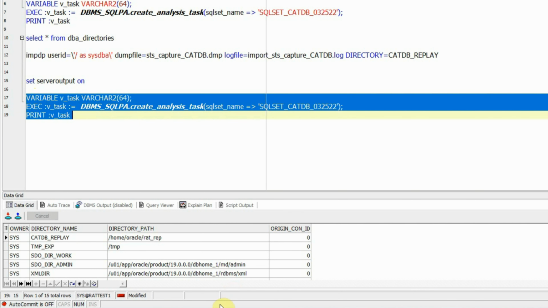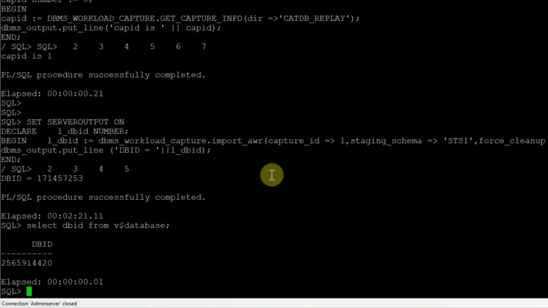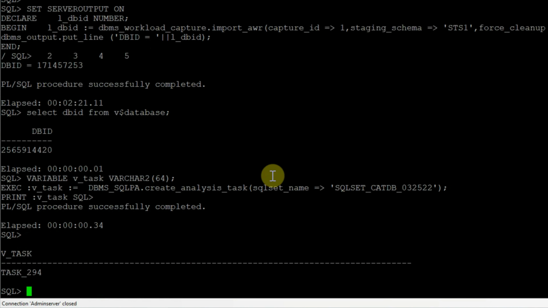So let's copy it from here and paste it in the command prompt. It has been successfully completed, and a task with the name task_294 has been created. We have to make a note of this task name because this is going to be used in our subsequent commands. Next, we need to create a script, that is a shell script, which will be actually executing this task